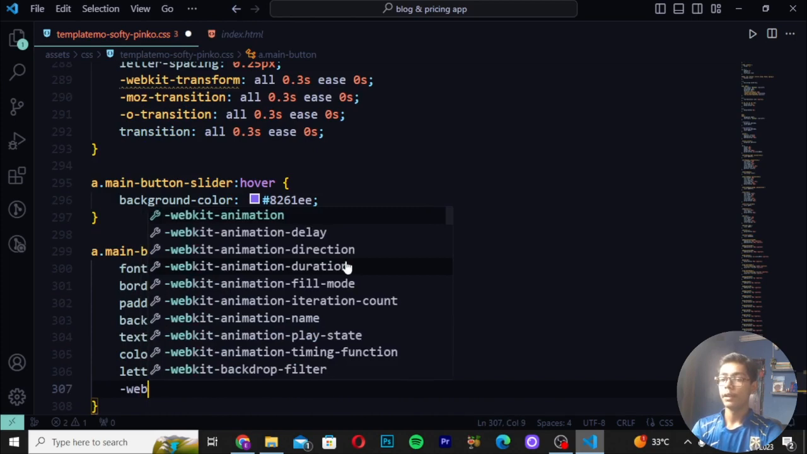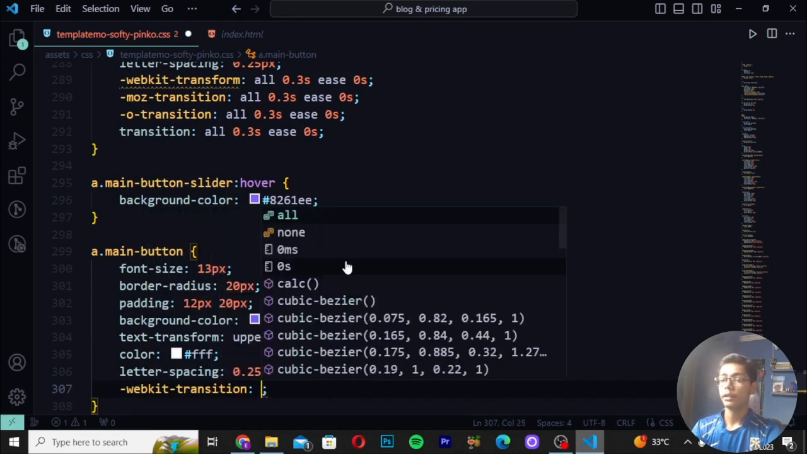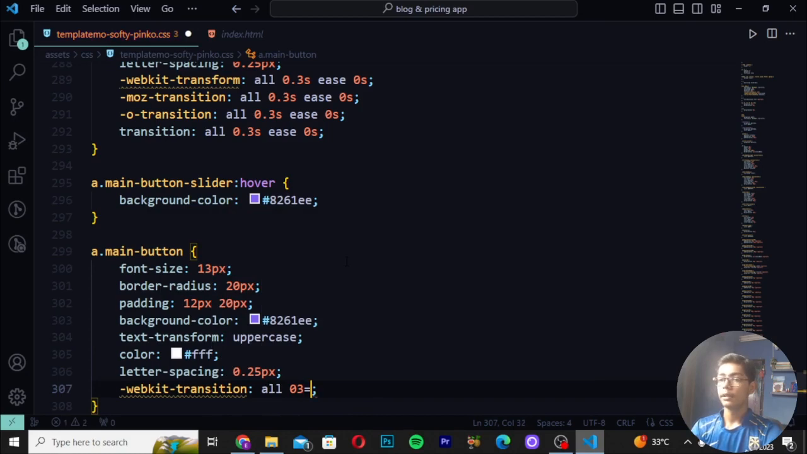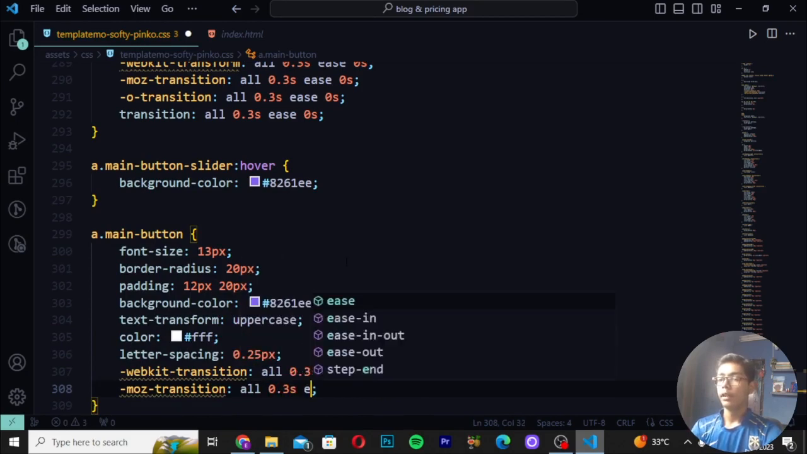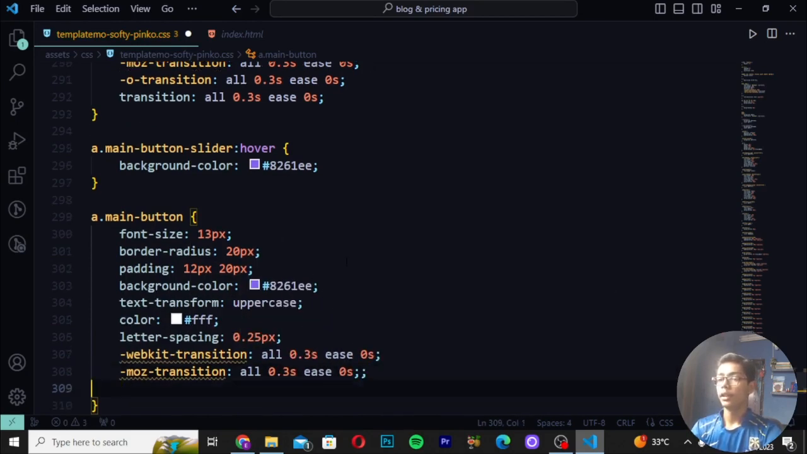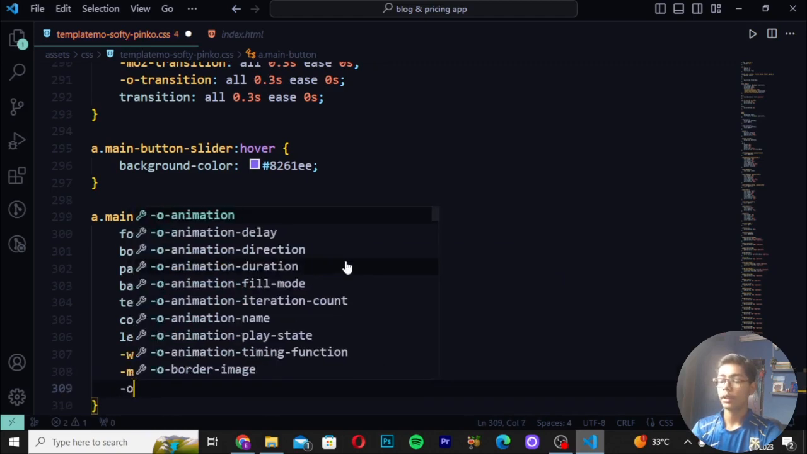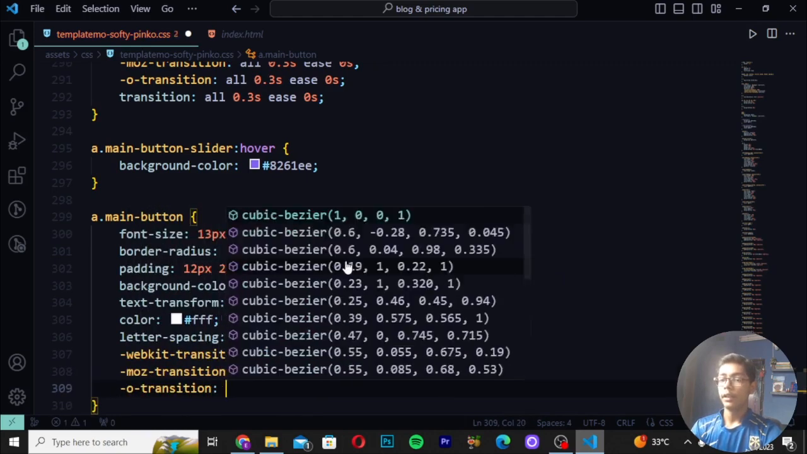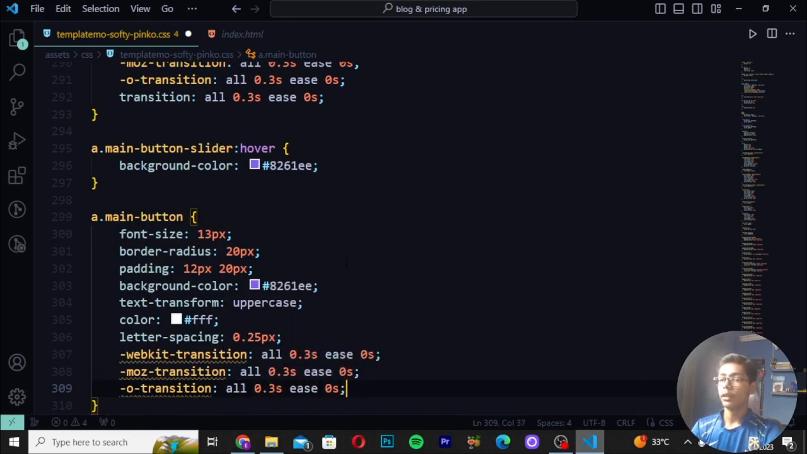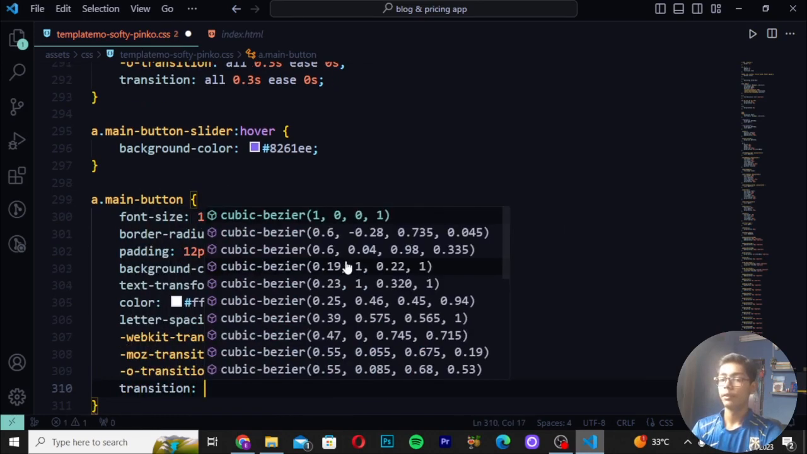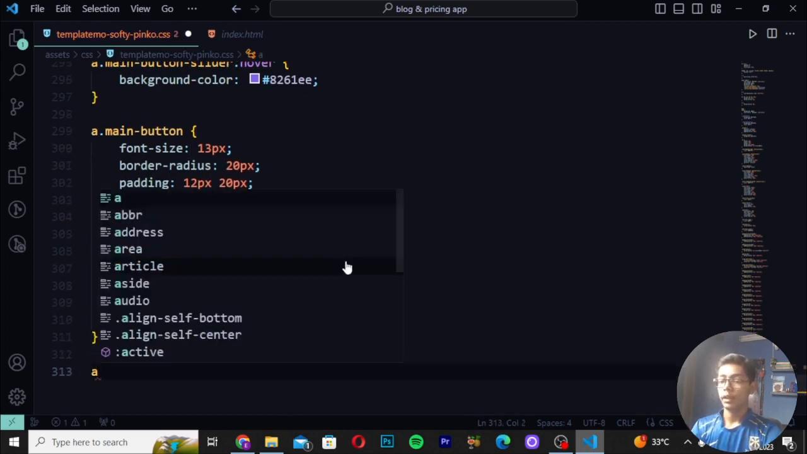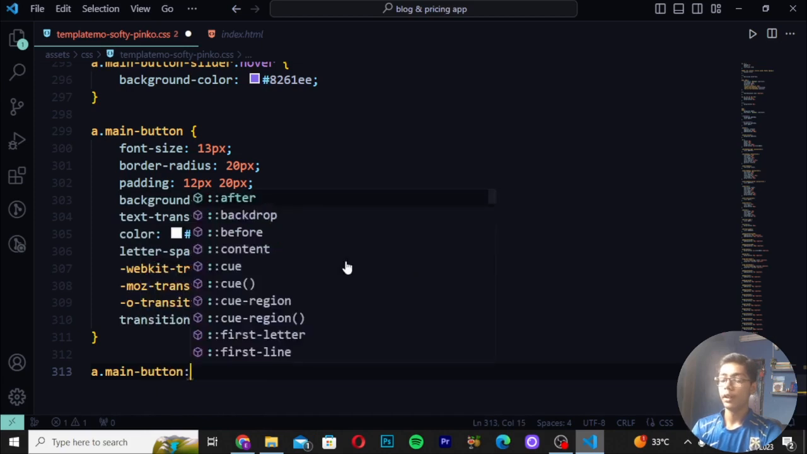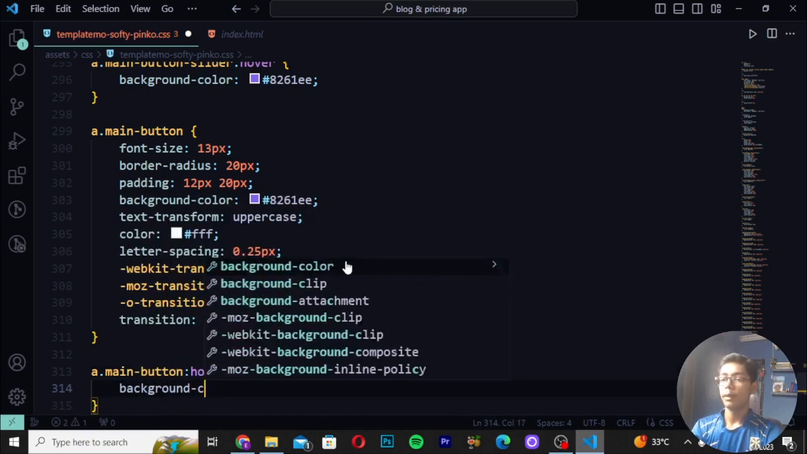Write here WebKit transition, so here I will be writing a transition as all 0.3s. Write here 0s. Then write here moz transition, and then here I will be writing all 0.3s 0s. Then when you have done all this stuff, simply you have to move down and write here O transition, and then you have to write here all 0.3s 0s. Then you have to write here transition, and then here you have to write all 0.3s 0s. Then you have to write here a dot main button, and then you have to write here hover. Write here background color as